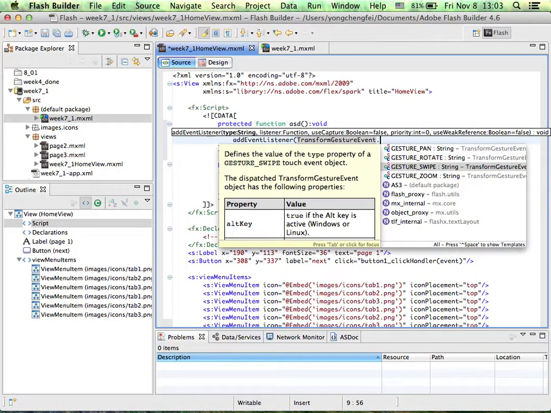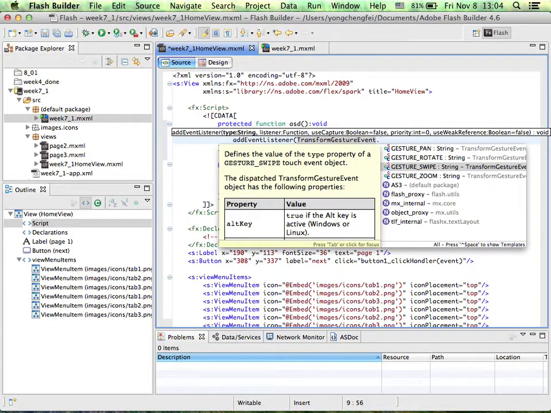We want swipe. Gesture event: on your phone you swipe like this, then unlock your phone. Like this, close app, like this, something else. This kind of movement we call gesture. Mobile gesture. So we have 4 gestures here.